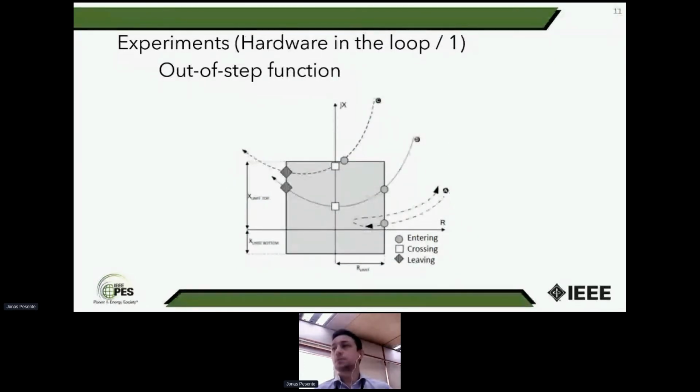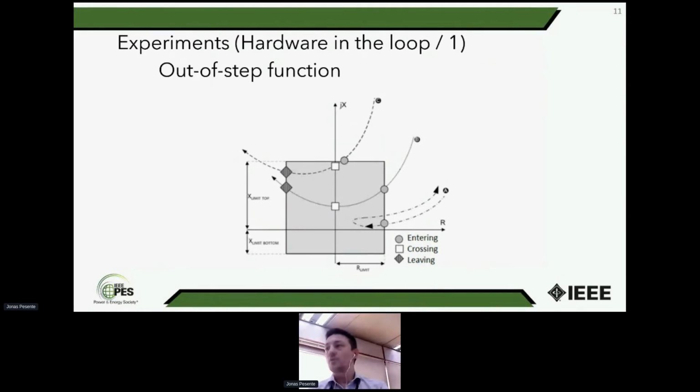And this 22-bus model was then implemented in what we call the real-time digital simulator, also known as RTDS, to test the protection relay of the transmission lines that interconnect Paraguay and Argentina, which are called Jonas, Yacireta 1 and 2. And the out-of-step protection functions were evaluated through 214 events, considering several fault locations and 4 power flow conditions that I showed before.